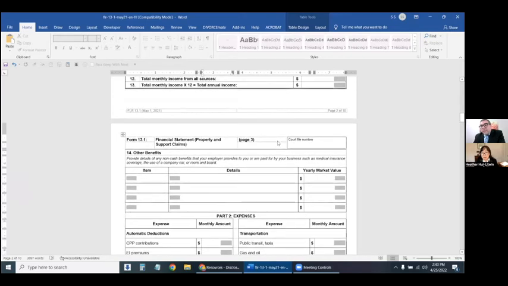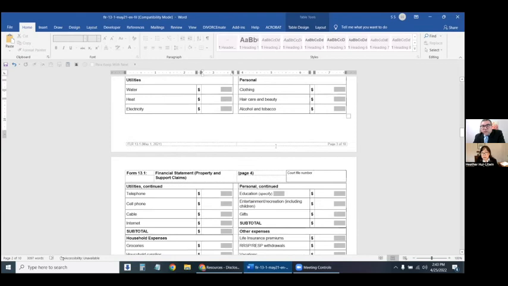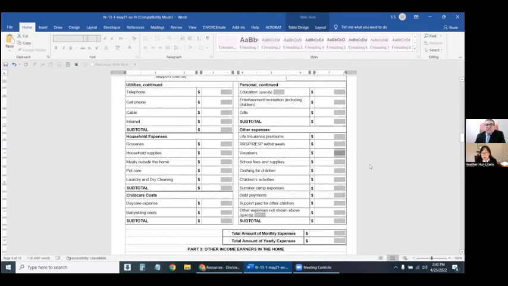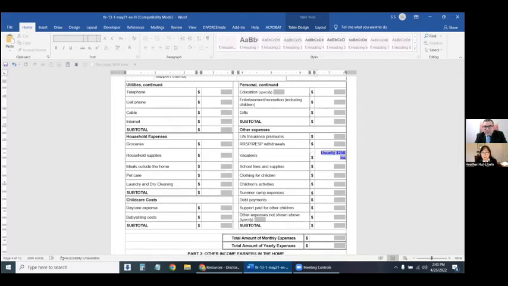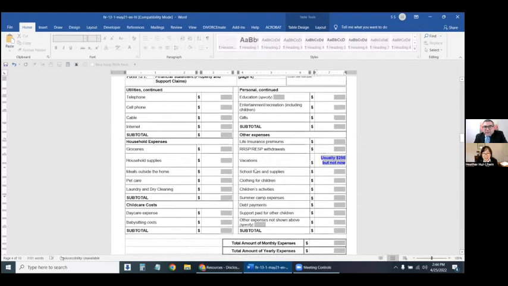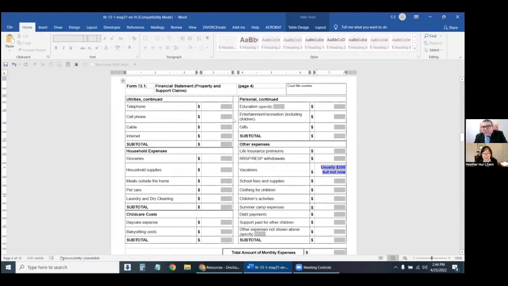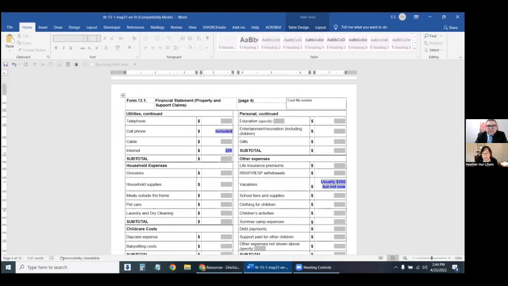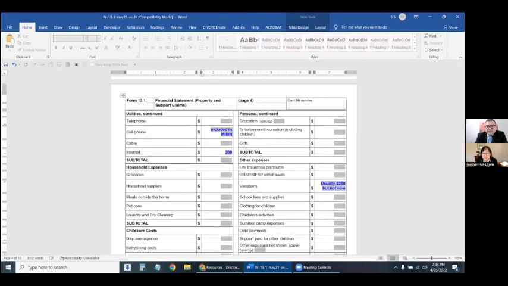your EI income. It's okay to put a note under vacations, usually, let's say $250 a month, but not now. You can do that in writing. The other thing that you can put in writing that often comes up is cable and internet and cell phone if you have a package. You can say, I'm going to make $200 and say included in internet. So you can also make notes, little comments.